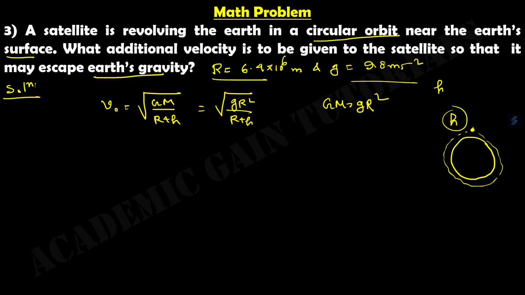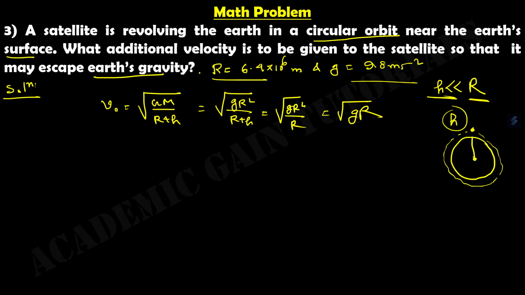As this h is very small compared to our radius r, instead of r plus h we can write this as root over g r square by r, because this h is very small compared to r. So we can write this as root over g r. So this is the orbit velocity, or the revolving velocity, of our satellite near the